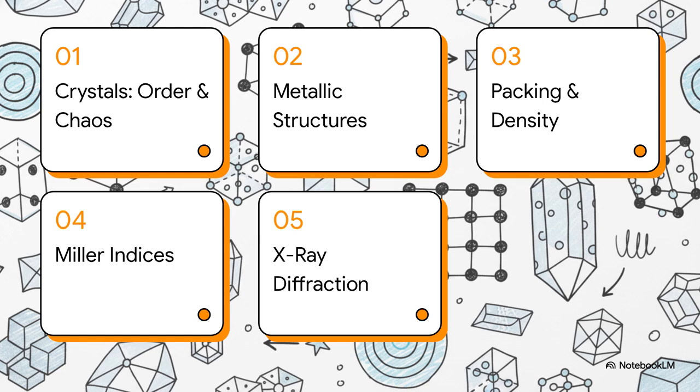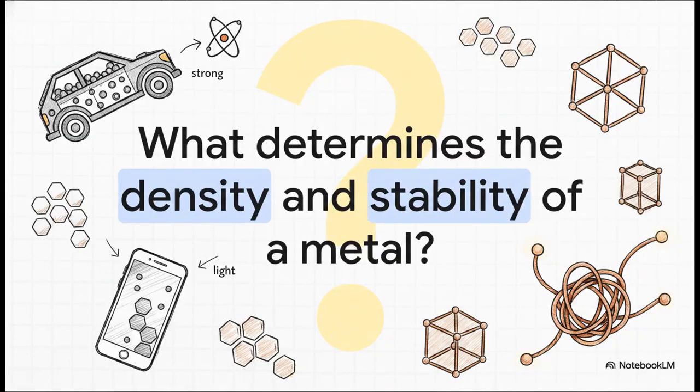Here is our roadmap for today. We'll kick things off with crystals, order from chaos, then move into metallic crystal structures. After that, packing and density calculations, navigating crystals using Miller indices, and finally, seeing atoms with X-ray diffraction. Let's get to it. Quick question for you to keep in the back of your mind before we start looking